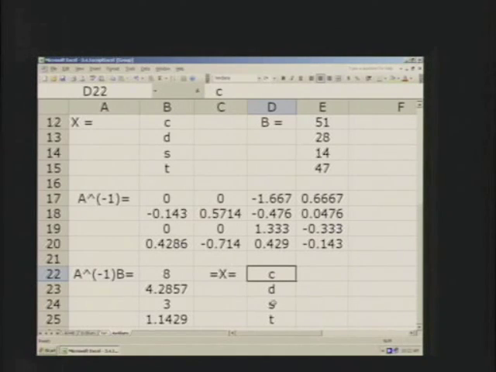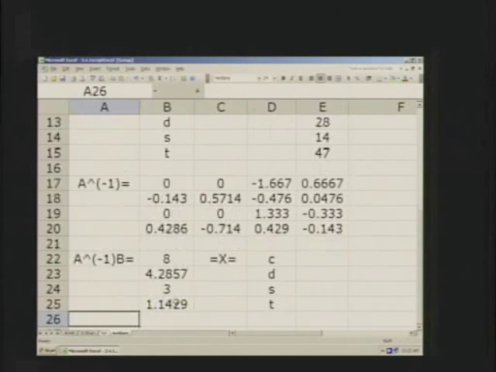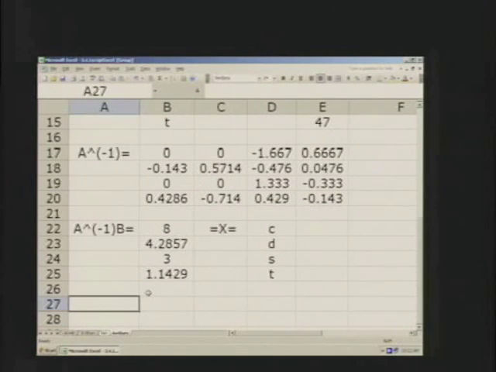But the solution to the question, how many of each item can you produce, is a bit of a problem. There are decimals in the Excel solution, but the variables represent the number of chairs, desks, sofas, and tables you make. How can we interpret this? The best interpretation of these results would be, given the amount of each resource necessary for production and the totals of materials available, you should produce approximately